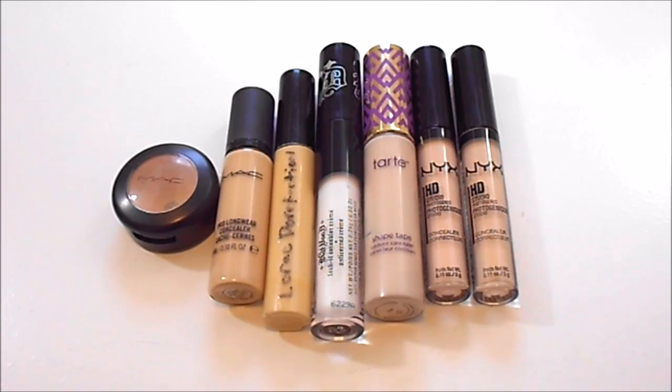For concealer, I currently have 7. At my last update, I had 6, so I have done worse in this category. I have used up a few concealers, but I've also gotten some new ones as well. I have the MAC Studio Finish Concealer, which I use to help fill in my forehead wrinkles and clean up eyeshadow. I have the MAC Pro Longwear Concealer, which I use for blemishes,